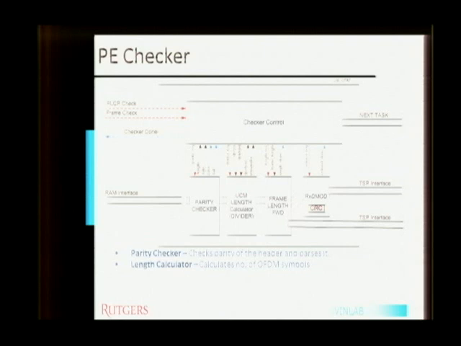The length calculator here in this case calculates the number of OFDM symbols associated with the frame, and then forwards it to the synchronizer for further analysis. And again, the demodulator here, RX demod, is the block that calculates the CRC of the frame. So in this way, at the output interface, this processing engine is ready. The data is ready for the next module.